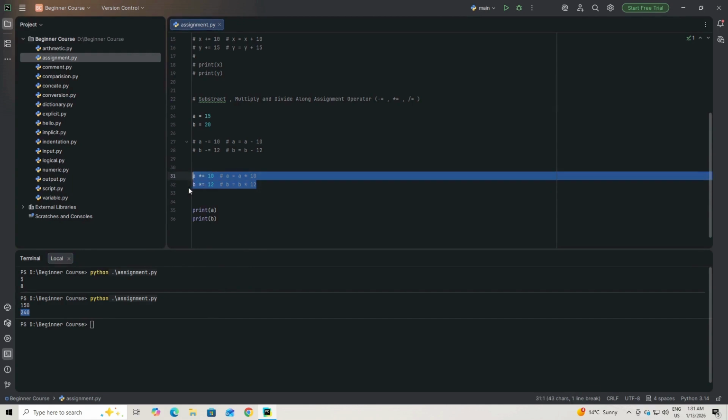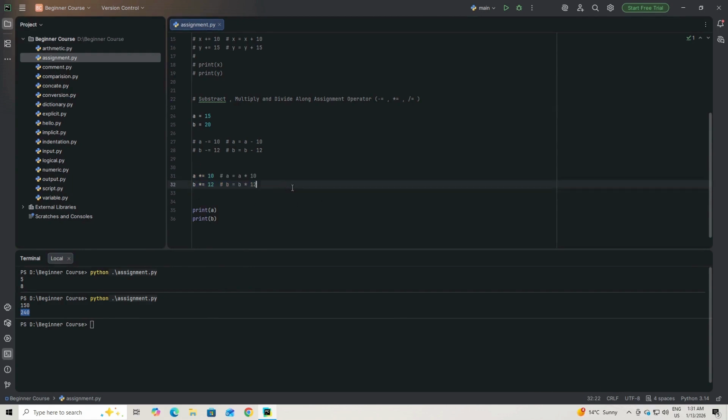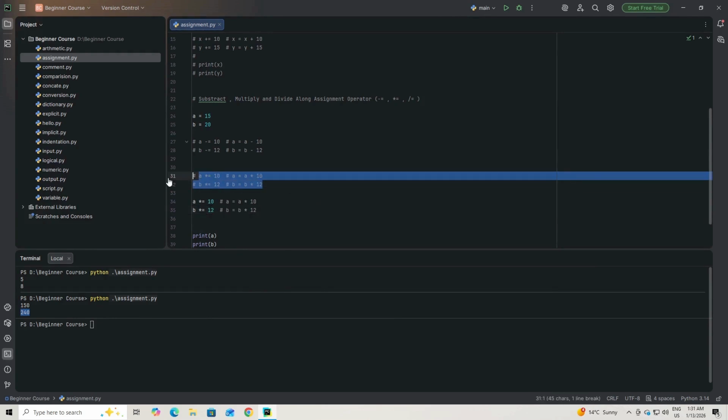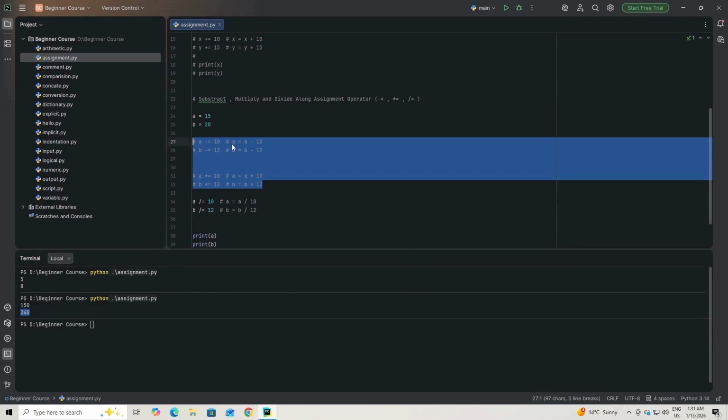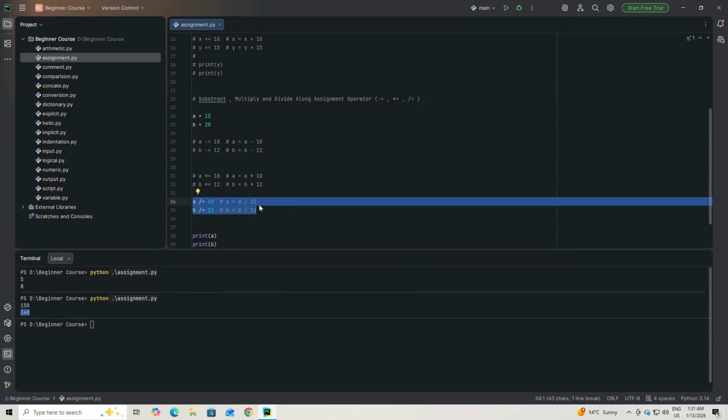Similarly, we can do the divide operations as well. Let me copy this code and paste it again, and let me comment this out. So for the division, we use this sign. Somewhat the similar operation that we have done earlier for the multiplication and the subtraction. Here I am using the divide operation. The evaluation works in the similar manner: we do the evaluation first, and whatever the evaluation we have done, we assign it to the